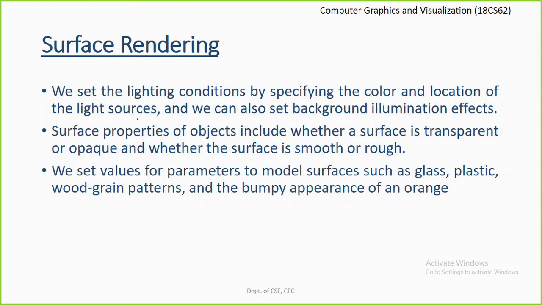Accordingly, we will get the light reflected off the surface. So we set the values for parameters to model surfaces such as glass, plastic, wood grain patterns, and the bumpy appearance of an orange. These are all different surface parameters we can set to specify what type of surface we are going to model or render.